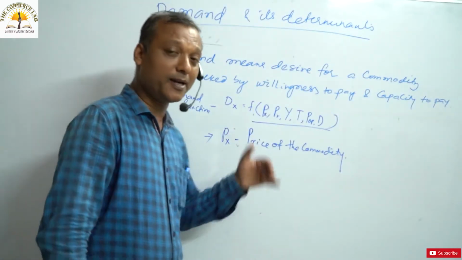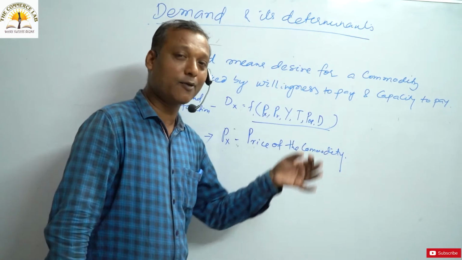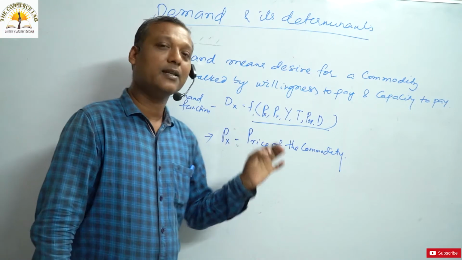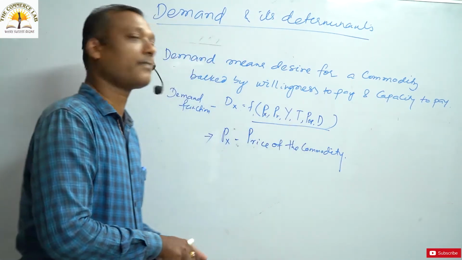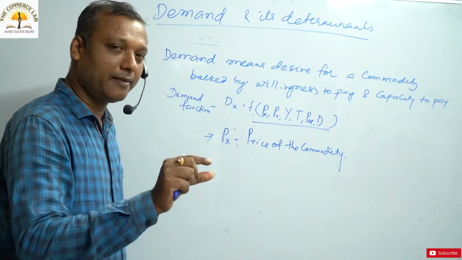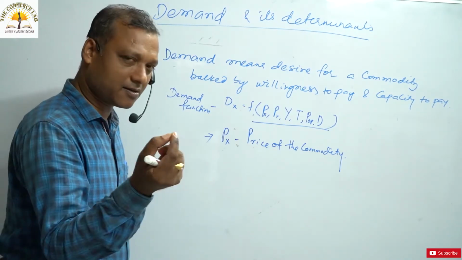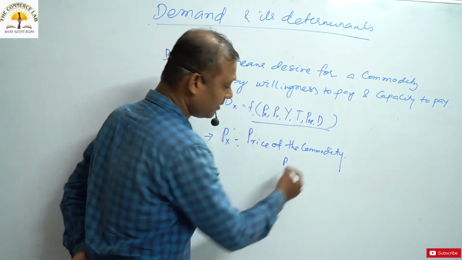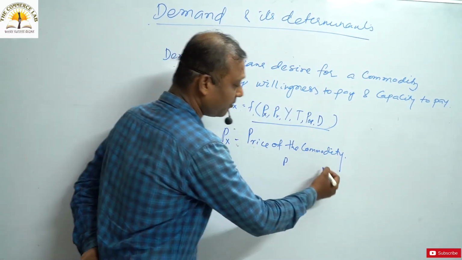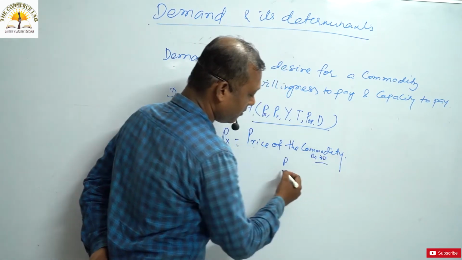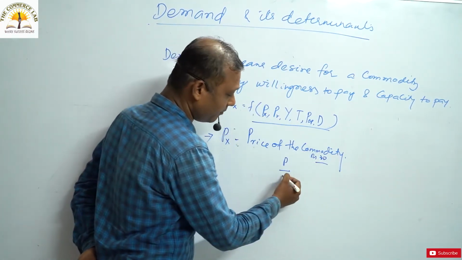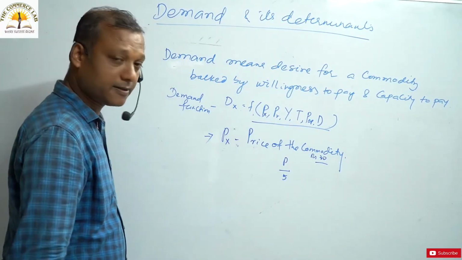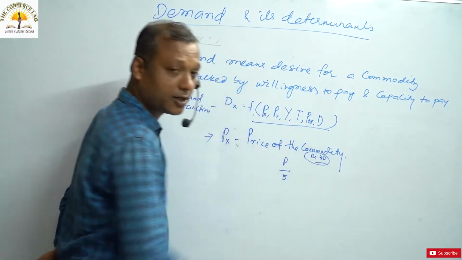When the price of a commodity rises, obviously the quantity demanded of the commodity falls. When the price of a commodity falls, obviously the quantity demanded of the commodity rises. Now we have told the inverse relationship. Simply, let us go for a hypothetical, numerical example. Take for example an egg. We go to the market with 30 rupees. Egg is costing 5 rupees in the market.